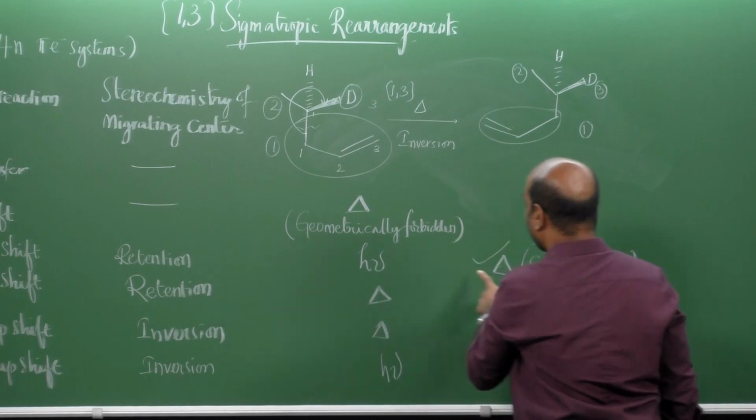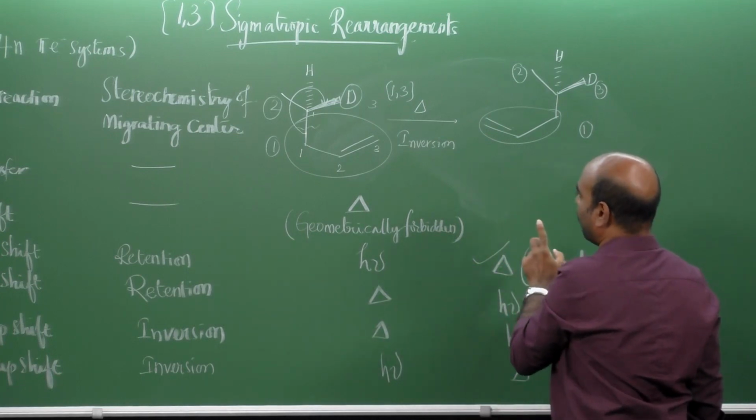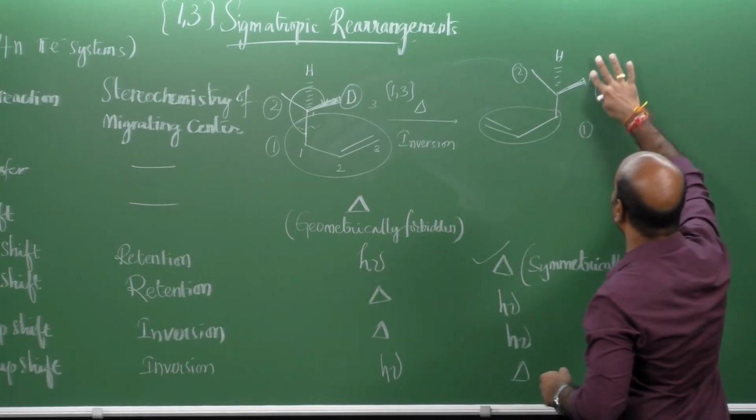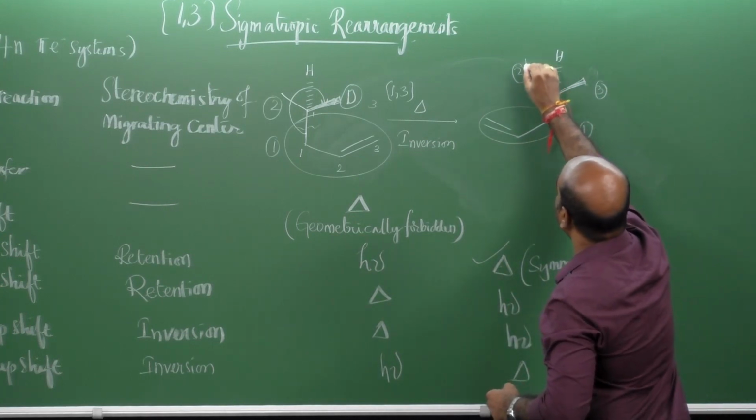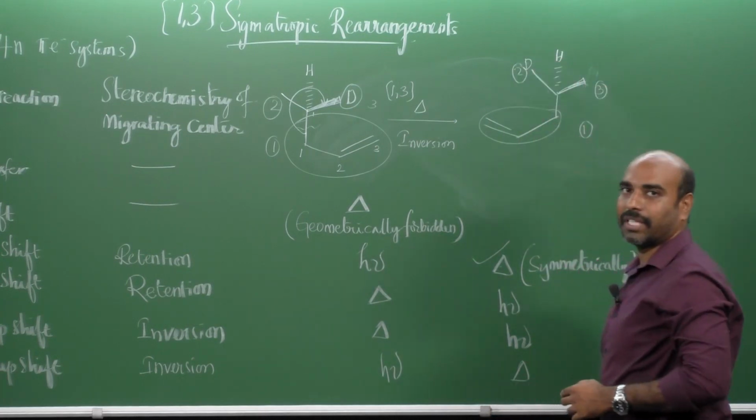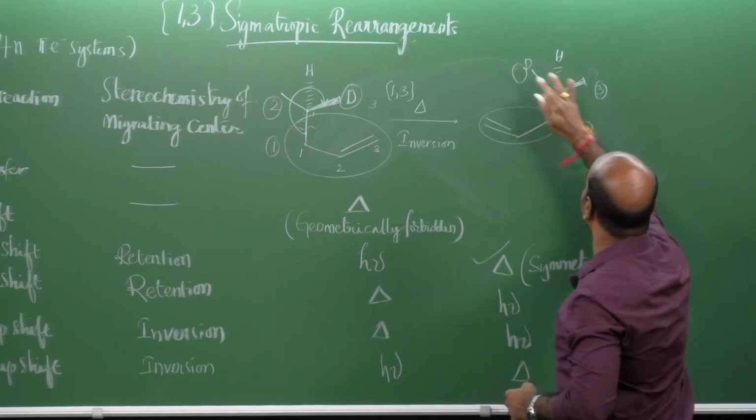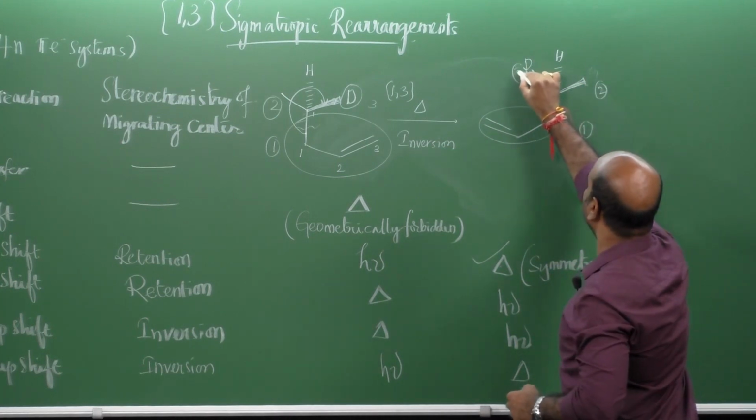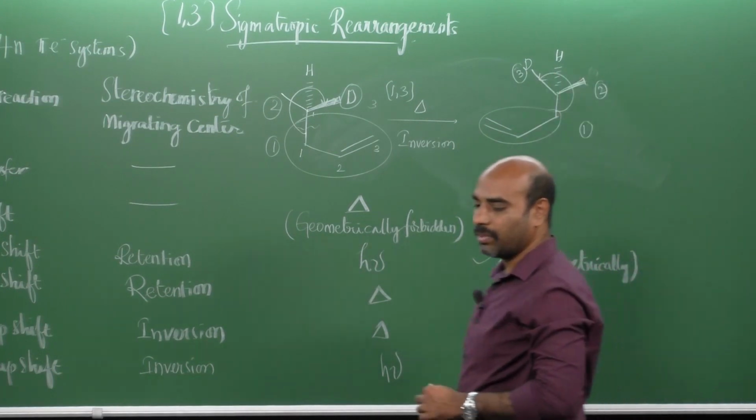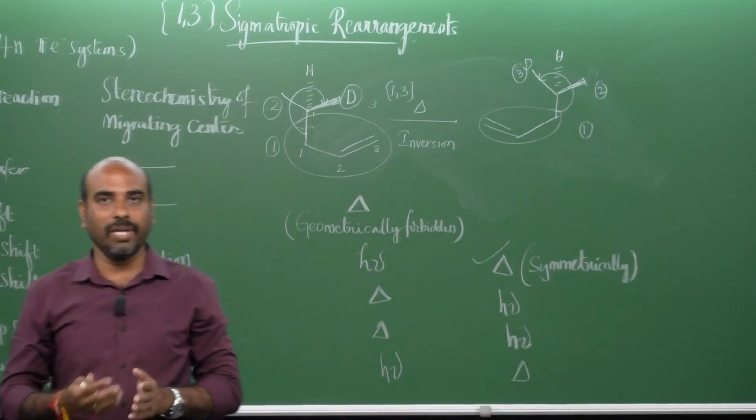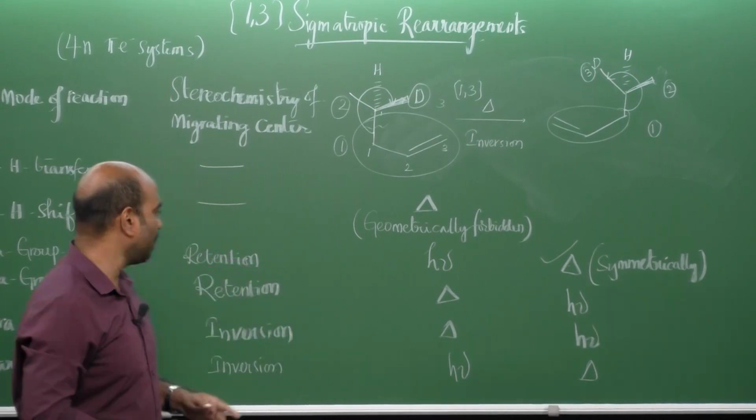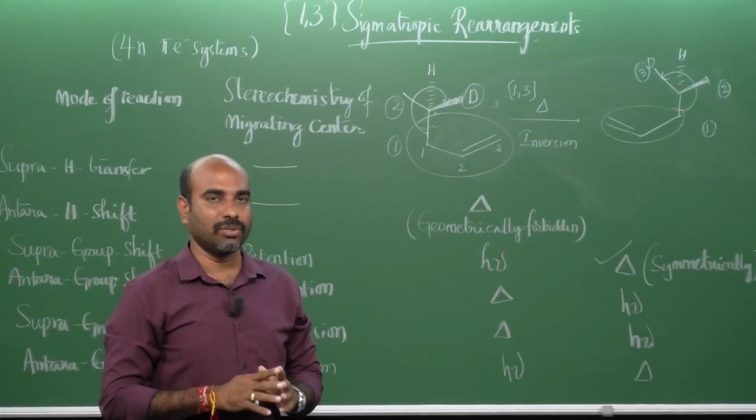Suprafacial retention of configuration is symmetrically forbidden. So what should happen now? Inversion of configuration should have happened. So that means after migration, the deuterium would have come here and then the carbon would have come here. So now the preference is like this, 2 and 3. So what is there? Anti-clockwise direction. So it is allowed only under thermal conditions with inversion of configuration in a suprafacial mode. So hope you have understood with the help of these